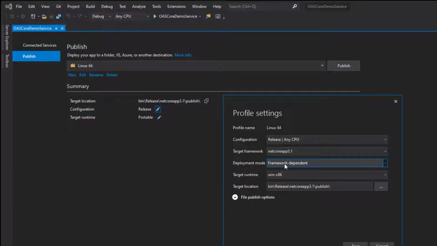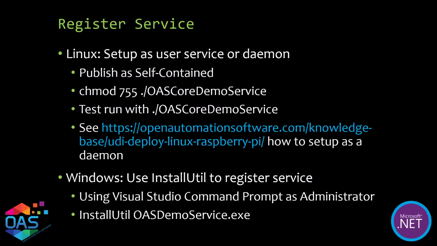If we edit the configuration, we can then set the deployment mode to self-contained. That's important to make sure it includes all the files needed to run the application independently. And then we'll also set the target runtime that will match up with the processor that you're going to be running on. When you deploy your system, you can register the application so it runs automatically when the system starts